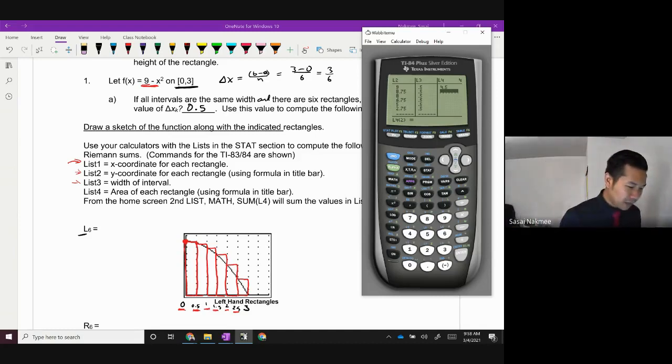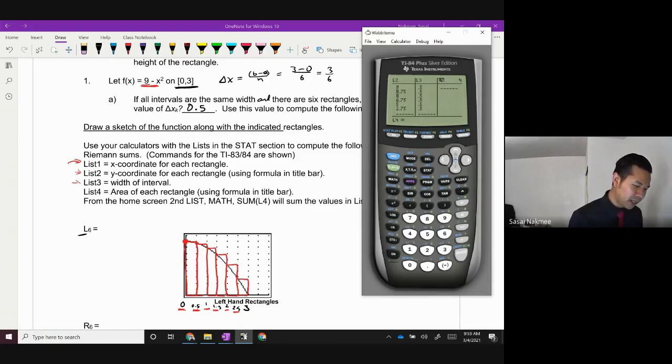Okay, so again, if I just sit there and multiply each one, that's all that's going to happen there, and I might as well just do it by hand. But the reason why we do it on this calculator, check this out. You ready for this? Let me delete that. In L4, if you go to the very top, if all I'm doing is multiplying every number in L2 with every number in L3, I can tell my calculator to do that for me.